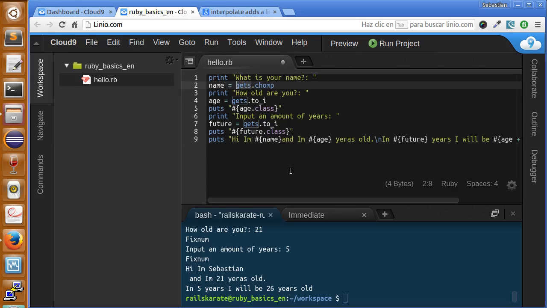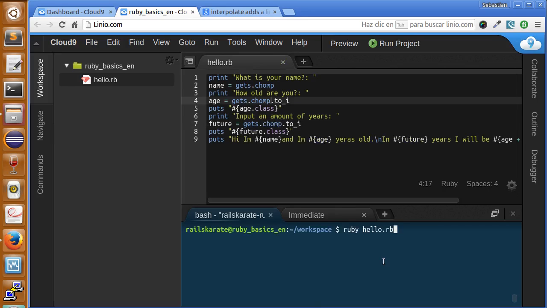So we need to add the chomp function in Ruby to tell Ruby, instead of adding a new line at the end of the string, to put everything in one line. So in this case, we should add it before the to_i function. So chomp dot, okay, chomp. Now let's try again. ruby hello.rb